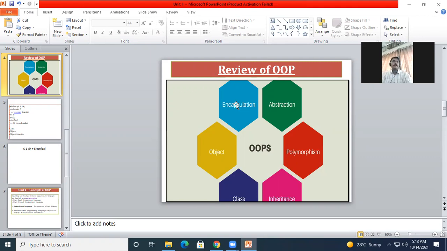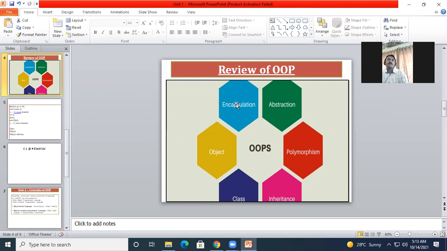Technically, the term encapsulation means the variable, or you can say the data of the class, is hidden from the other classes. That means, like the functions we have seen in the program, we can create multiple functions in a program and execute them all, right?